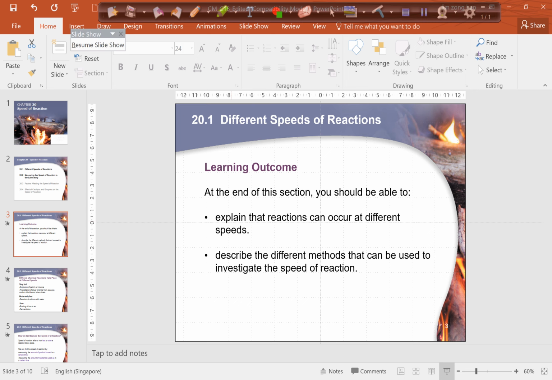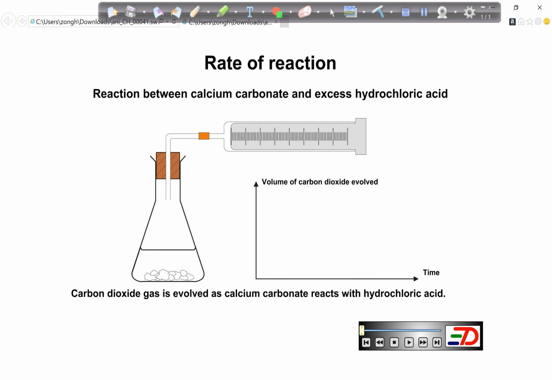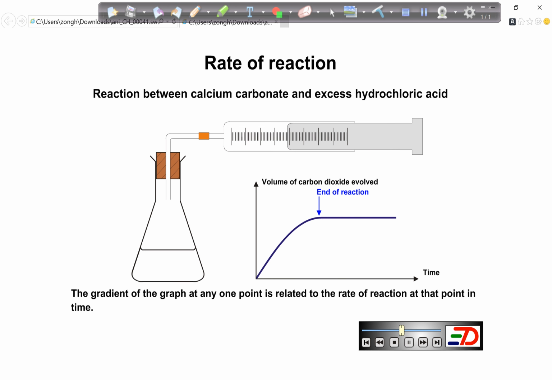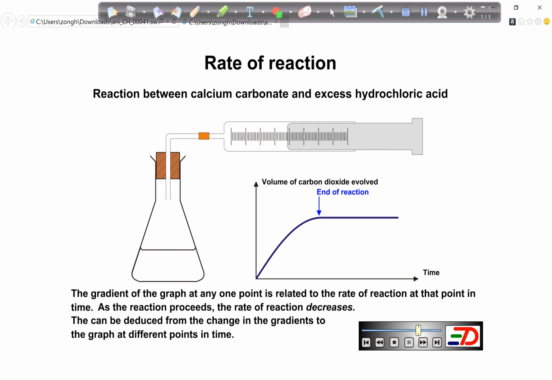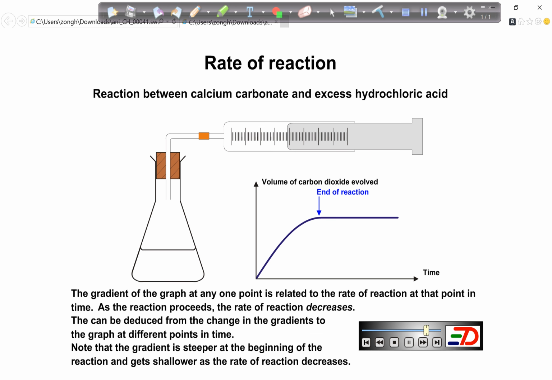So let's take a look at this experiment. This animation will show you what will happen when calcium carbonate reacts with hydrochloric acid. Take a look. Right. So what do we realize over here? Initially, the bubbling is very vigorous, and towards the end it actually gets lesser and lesser until you reach 0. So what will happen is that the gradient of the graph,